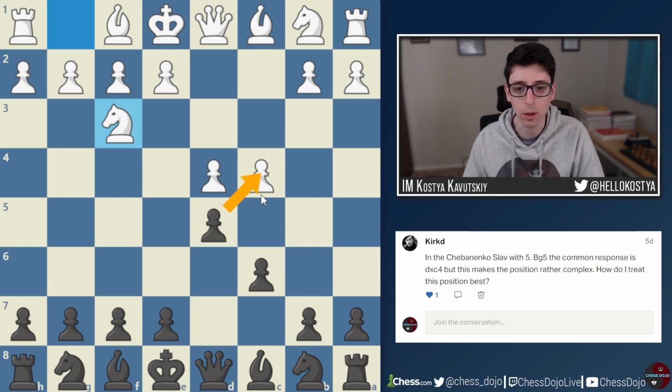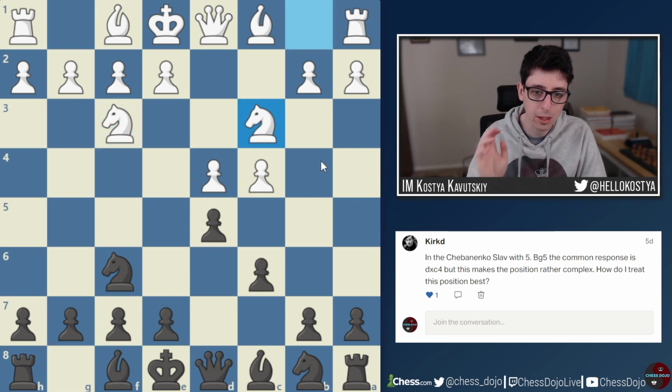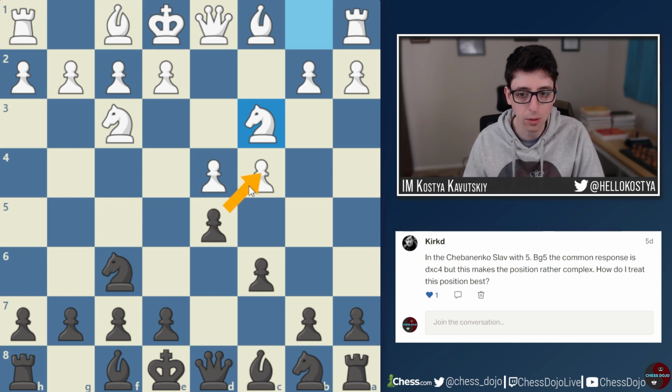You're not going to hold on to the pawn, so there's not a whole lot of sense in taking it here because white will just win the pawn back and have a normal position. But if white continues to just develop and continues to ignore the pawn, here d takes c4 is a very